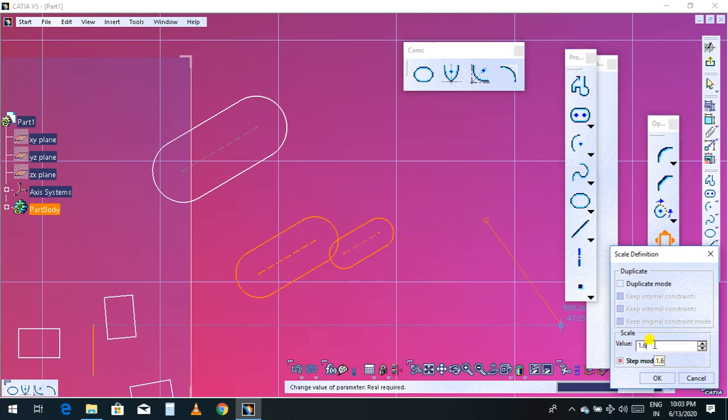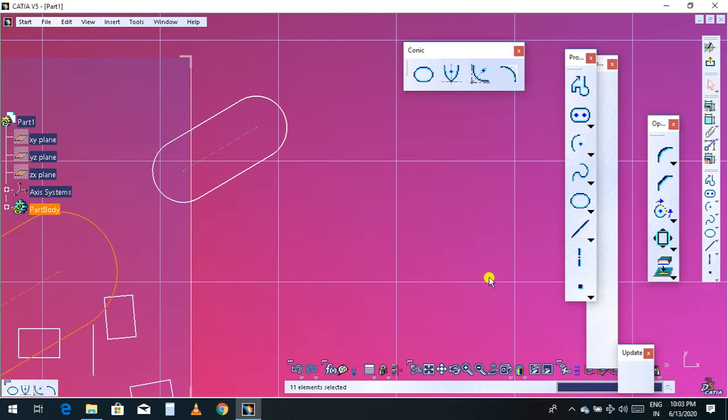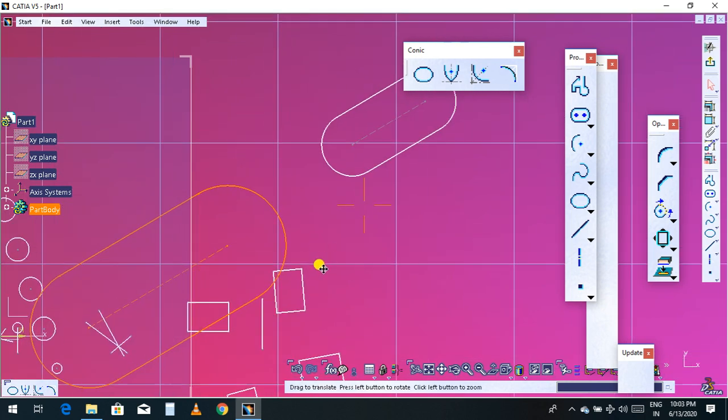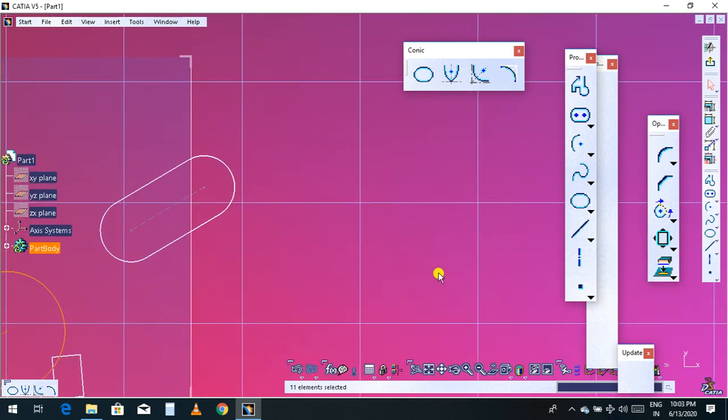Based on your requirement, suppose I give 4, click OK. Now it is given a scale of 4, and the original is deleted because I have unchecked the duplicate mode.